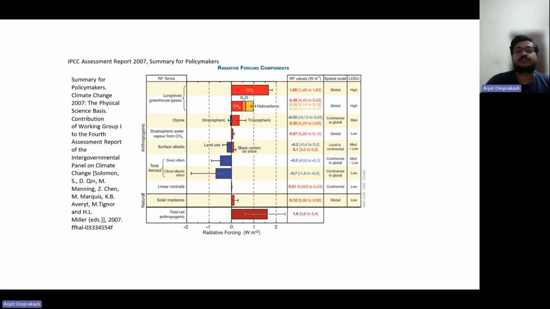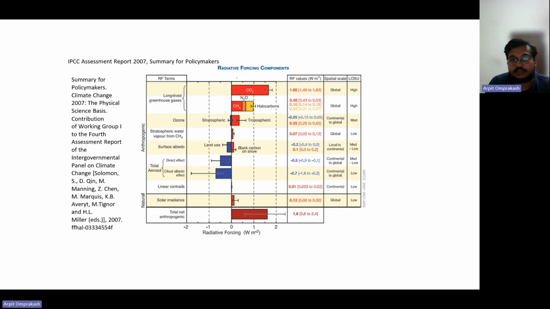So next we have again what things affect the radiative forcing, right? Radiative forcing is the amount of energy incident per meter square at some given time. So what is happening here is we have these greenhouse gases such as carbon dioxide, methane, and others, ozone basically, and we see how they affect the temperature.